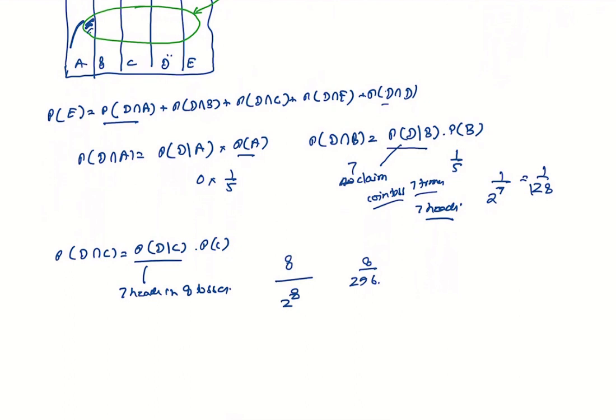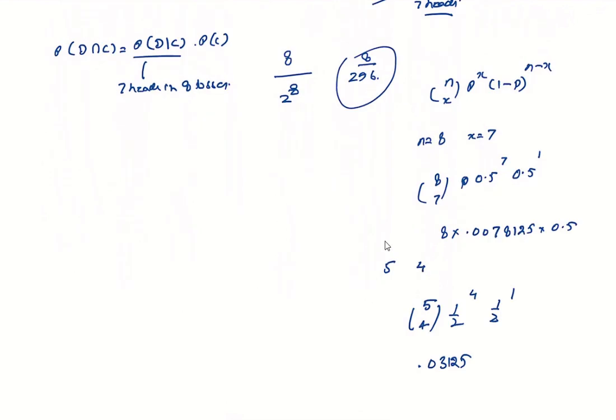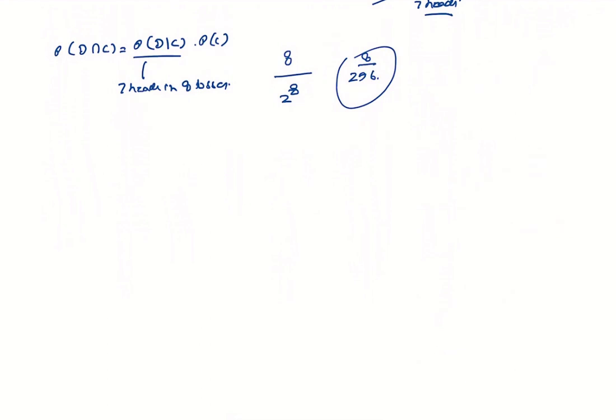Same principle we will apply to all the other numbers. So we have to find the probability of getting 7 heads in 8 tosses times the probability of C. So how do we calculate the probability of 7 heads in 8 tosses? That's a binomial